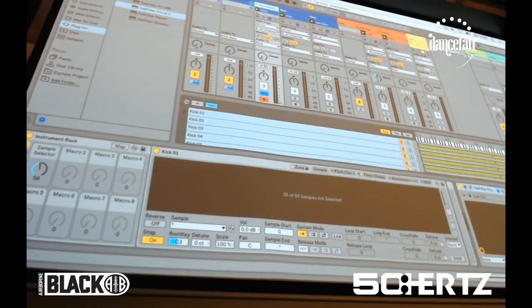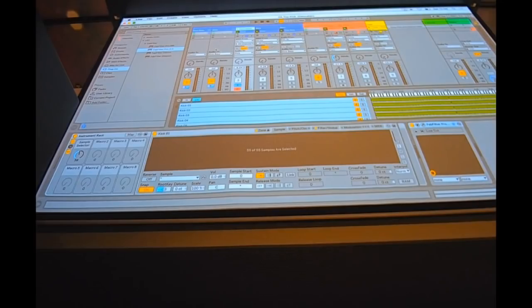Oh, this is the new Ableton, by the way. You can do groups within groups, Ableton 10. Everybody check it out here at the Dancefair. It's a really good upgrade. And one of the things you can do here is make groups within groups. So I have my kick bass, but I also have this group where I have the kick and the top kick that we just created.